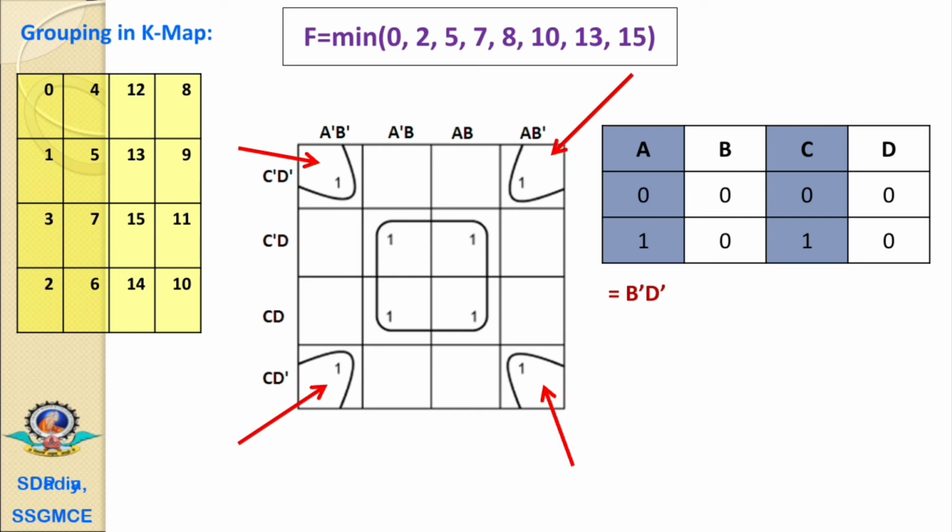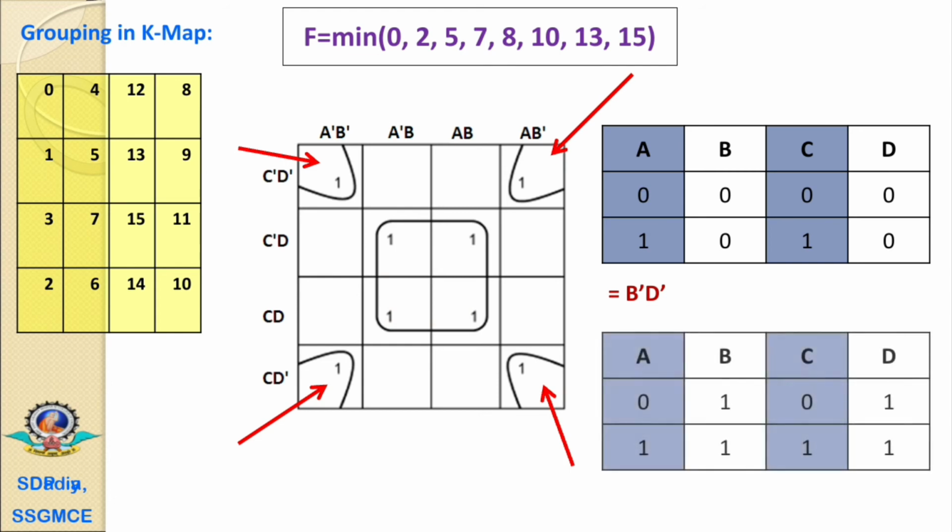Now we have to find out the expression for this middle group of these four. Then again we know we have to consider any two diagonal variables. Now in that we have considered the first, that is 0 1 0 1, that is the variable at designation 5, and the next we have considered at 15, that is 1 1 1 1.